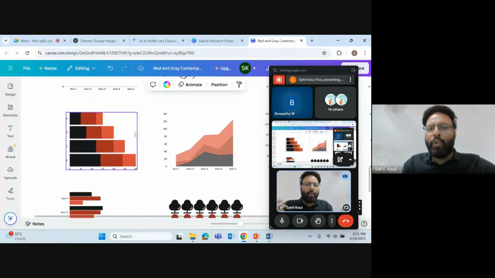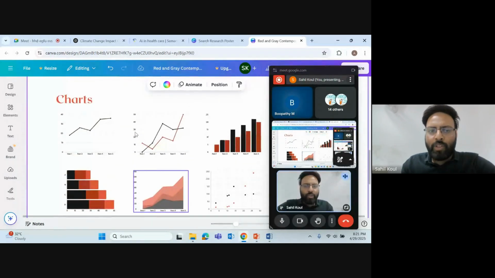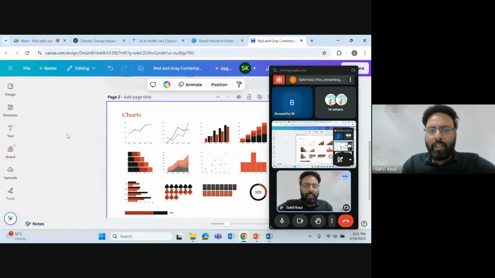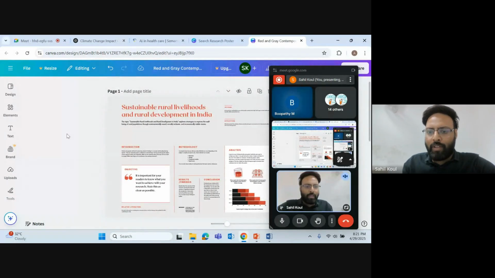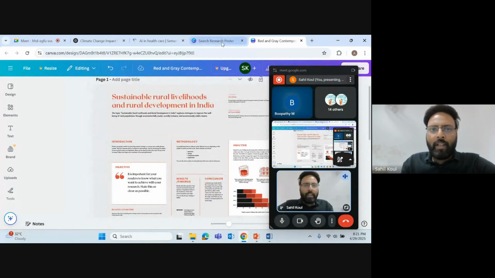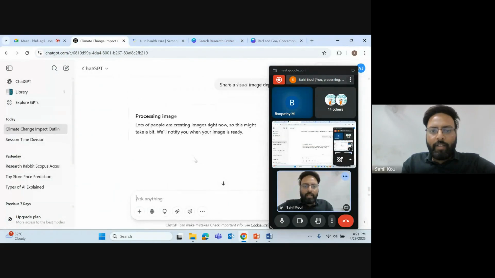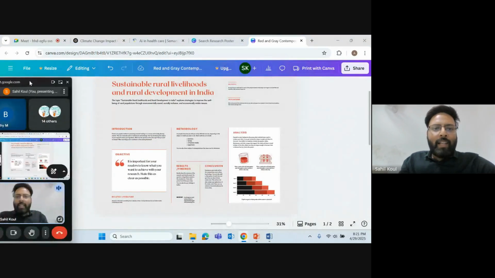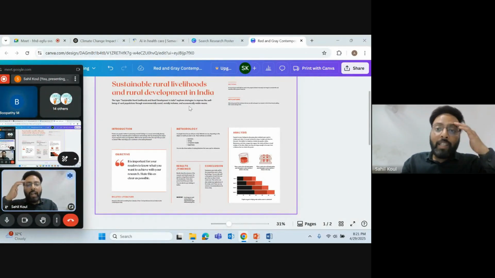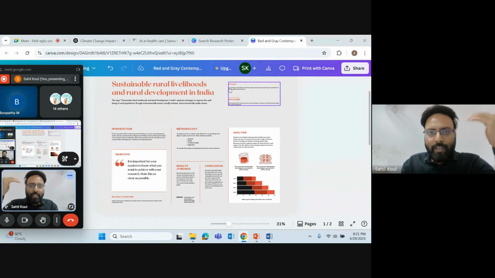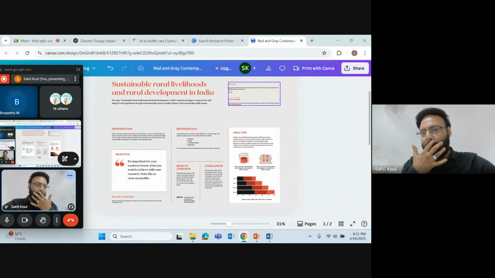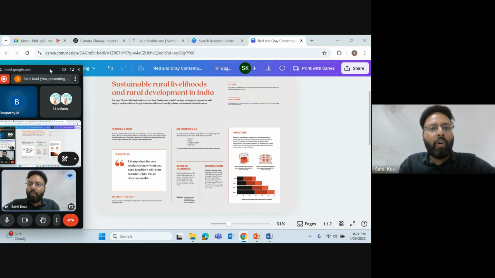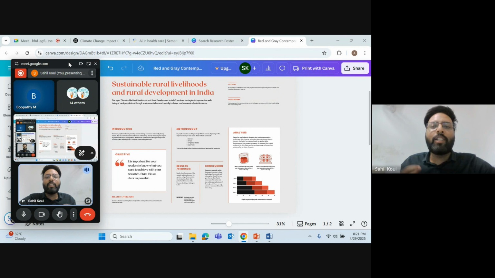And similarly, you can do with the values also, and then use the same graph in the previous section of your paper here, if you want to just show, right? Okay. So this is basically how you can use ChatGPT and Semantic Scholar and ideally Canva for the research areas.